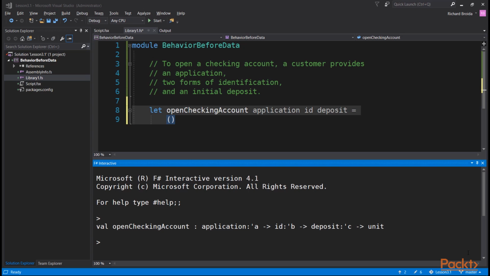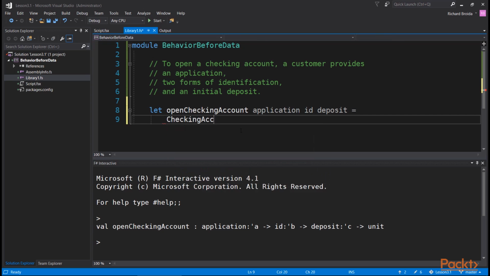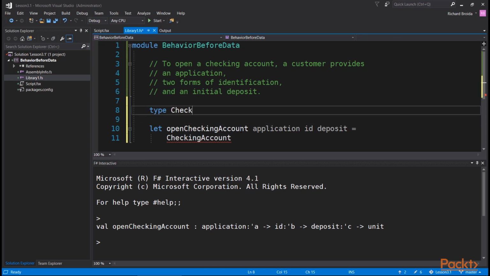But we haven't really captured the fact that this function is supposed to create a checking account. So let's change it to say that it does return a thing called a checking account. Now we get a red squiggle saying that the compiler doesn't know what a checking account is. Well, so far, neither do we. But we know that a type called checking account must exist. Fortunately, F# lets us define this type without knowing anything else about it. All we have to write is this: